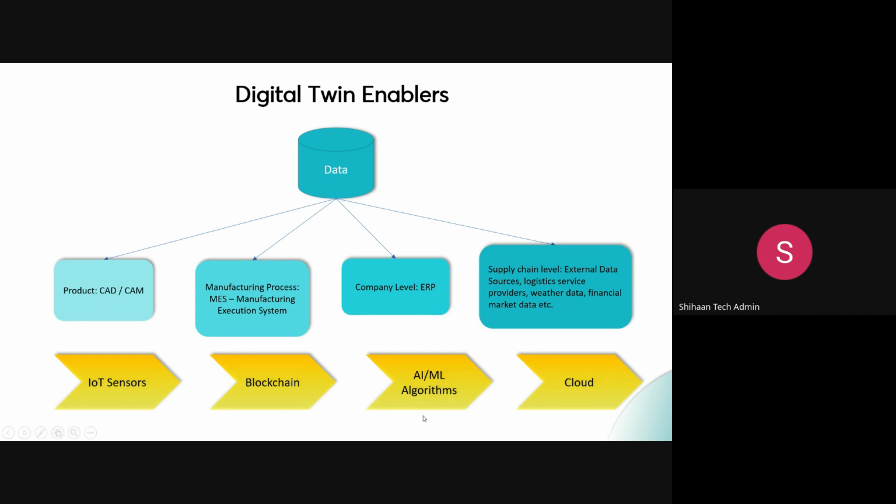AI/ML algorithms. Now, when I talk about AI/ML algorithms, it is very important. Why? Because it will give you a better decision support system. So, digital twin is not about visualizing what is happening in the real world. It is also about taking lots of decisions. Decisions regarding what? Decisions regarding your demand management, like how you will manage your demand,